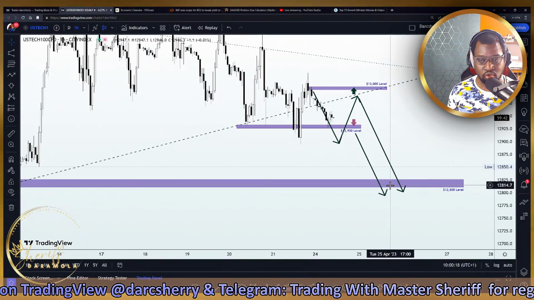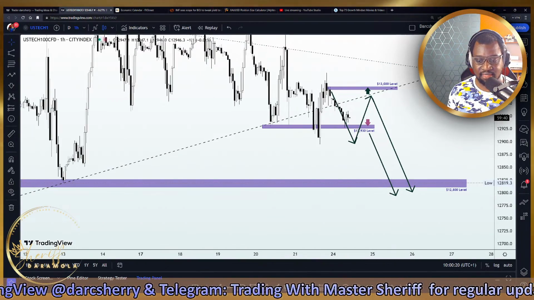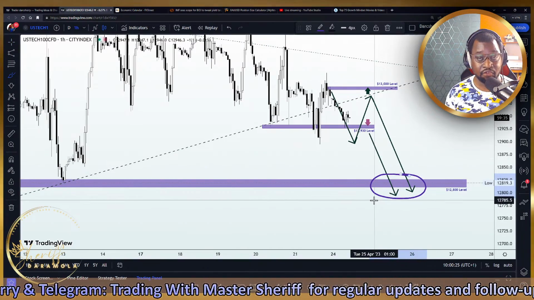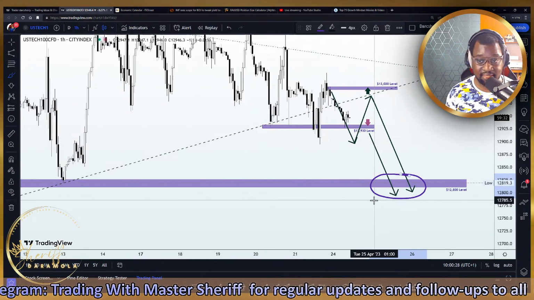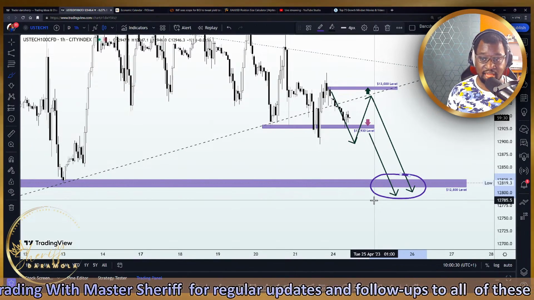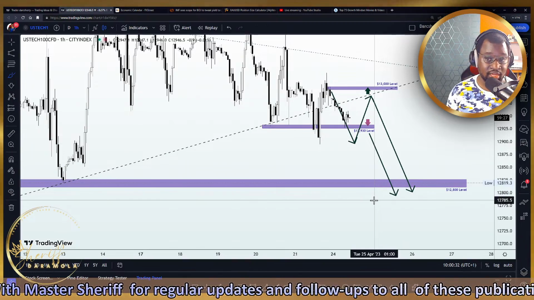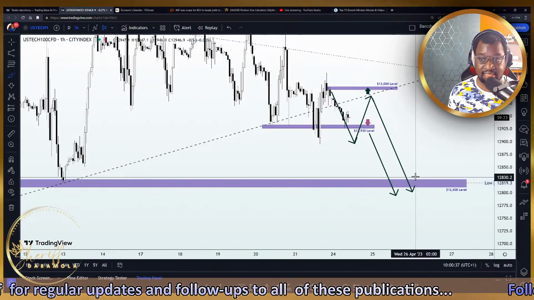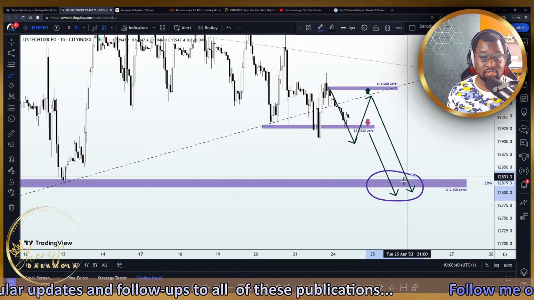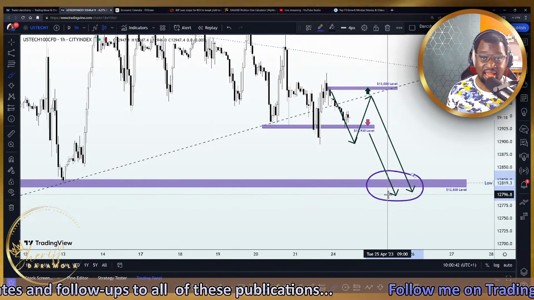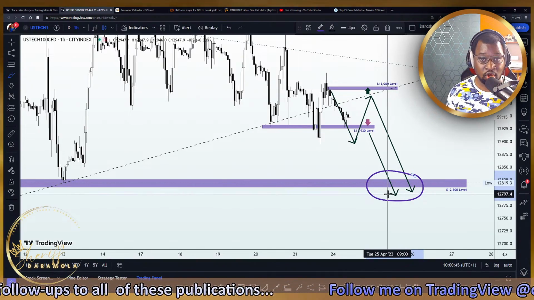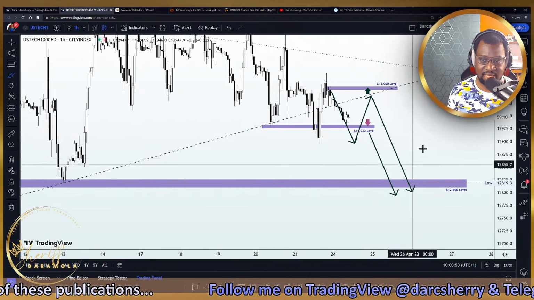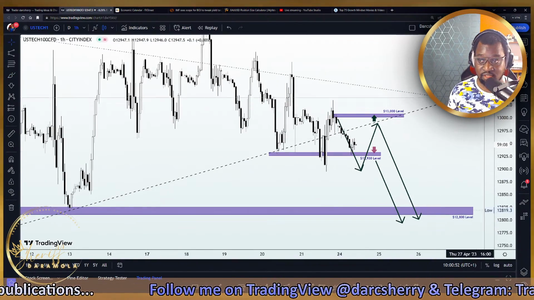Now there is a caveat to this whole setup. Remember, we have the $12,800 level serving as the support line for that flat channel we identified on the higher time frame. So what we are going to be doing here is to move our stop loss accordingly, lock in some profit if price action drops to that level. Then we wait out and see how price action will be reacting to the structure, and that will determine if we are going to be adding more sell positions or getting ready for another wave of bullish momentum. So let's see how price action plays out in the next couple of hours at this point,